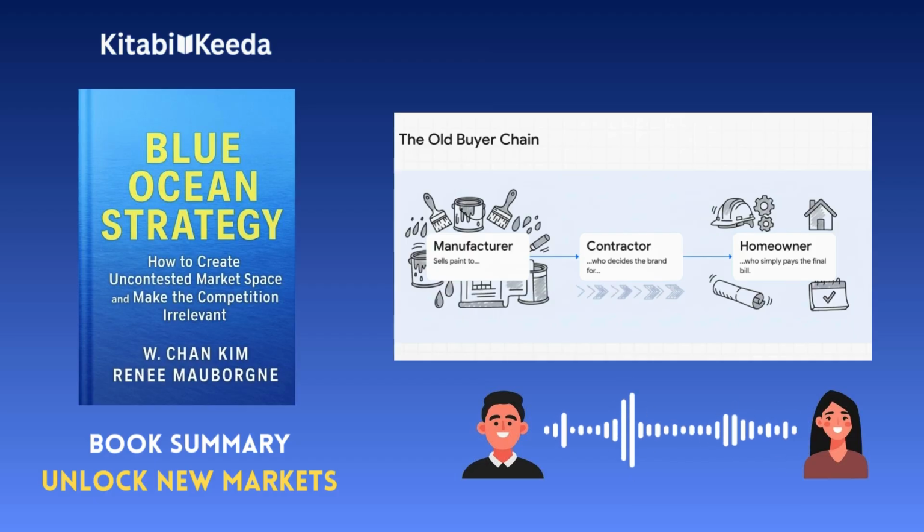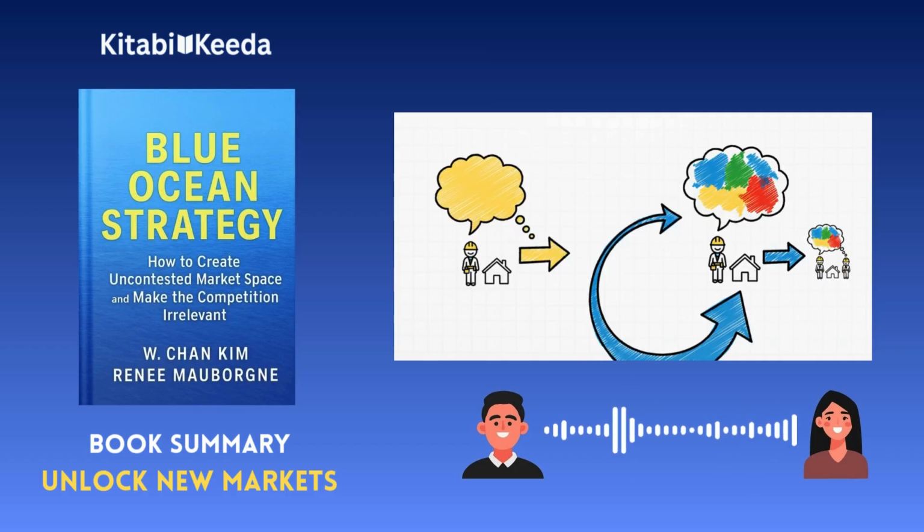But Asian Paints completely flipped that on its head. They did. They shifted their focus from the influencer, the contractor, to the end user, the family, the homeowner. They realized the decision was actually an emotional one. This is my home, my space. Yes. And their strategy became about empowerment and education. They launched color worlds and helplines. They started teaching families about shades, textures, moods, what a color could do to a room.